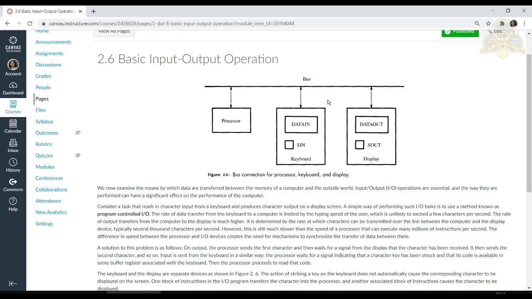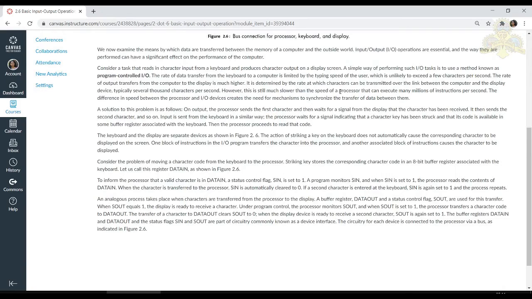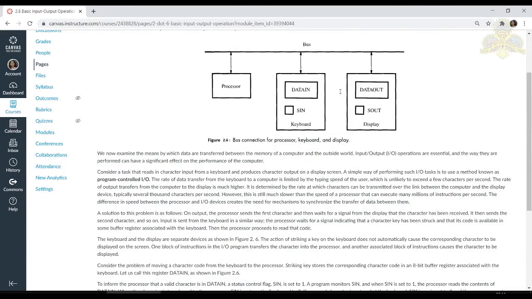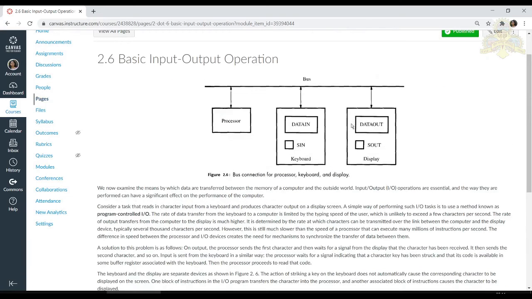Remember that. And for this question, program controlled IO, you have to draw this diagram and explain the entire thing. Again, I'm not telling you to write whatever is here as is. You understand the working of it and write it down. Getting it? Let me explain this for you now.